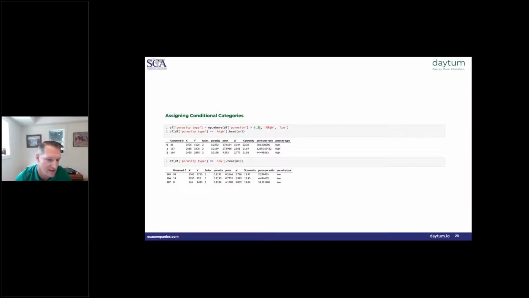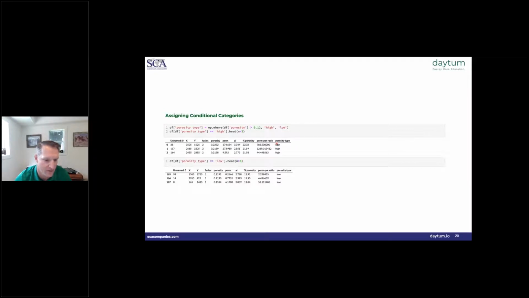And where it's less than 0.12, we want to assign it a value low. Then we set the output of that, which would be just a NumPy array, to a new column in our data frame that we call porosity type. The rest of the syntax just shows you the parts of the data frame where this happens.